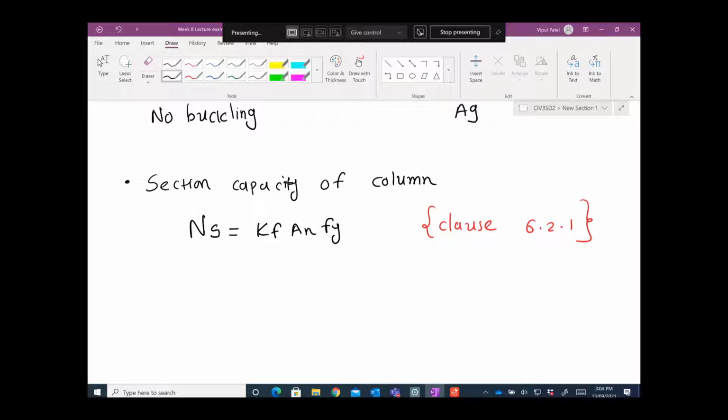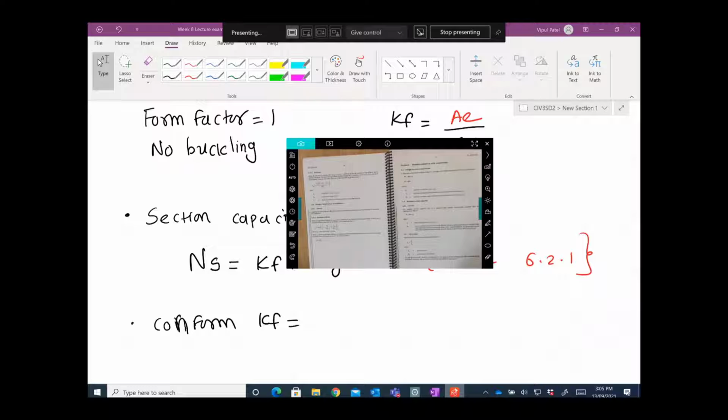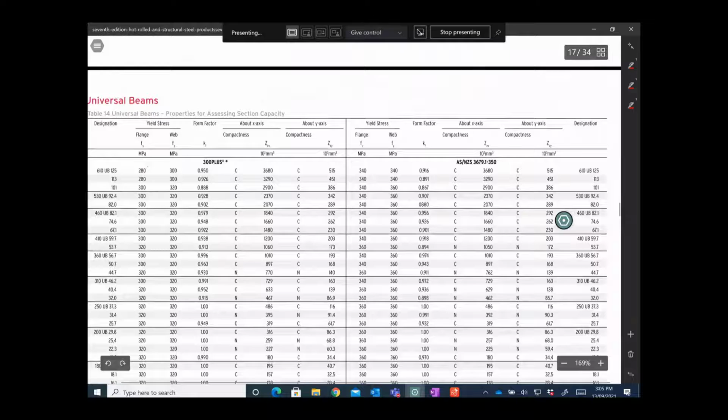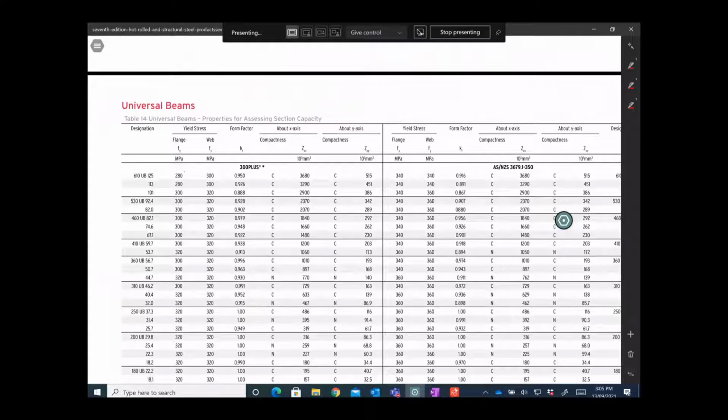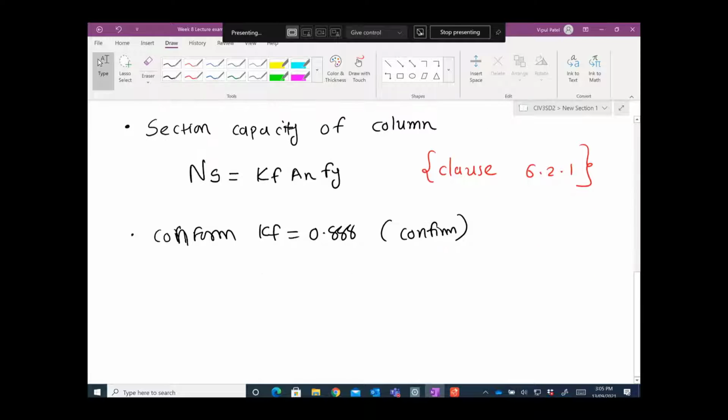Before we do that, we need to confirm the value of Kf. Kf equal to how much? What was the section given? The section is 610 UB101, a 610 universal beam. 610 UB101 has a Kf equal to 0.888. So Kf equal to 0.888. We need to confirm this value mathematically. So let's say Kf equal to